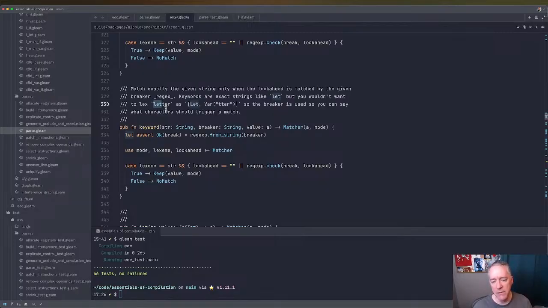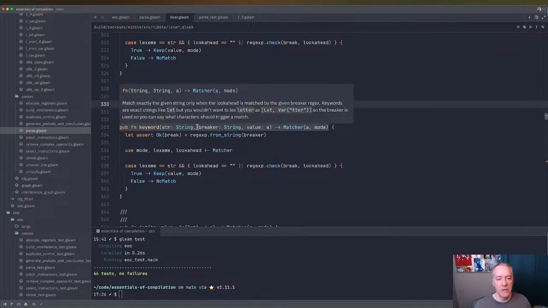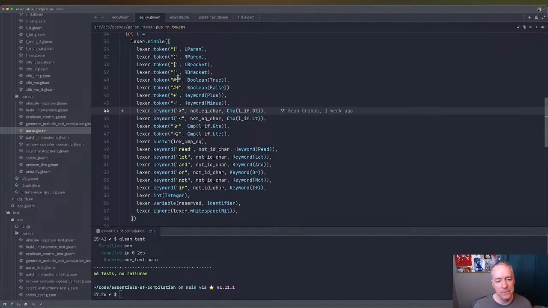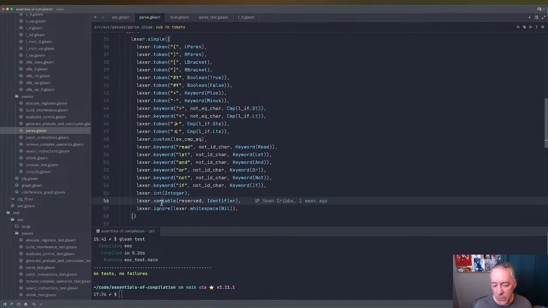A good example here is white space or punctuation, which you might use to separate this keyword from something else in your language. What you don't want is to produce a list of tokens that has let and then the extension of that word as a variable, for example. So I understand why this one is the way it is, but if you use this in combination, like we did with the variable one, which is more open-ended and will slurp up as much as it wants,